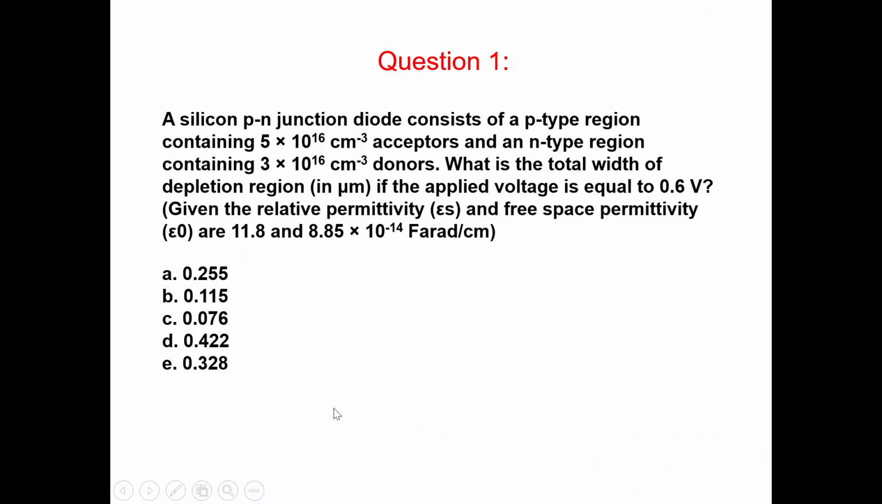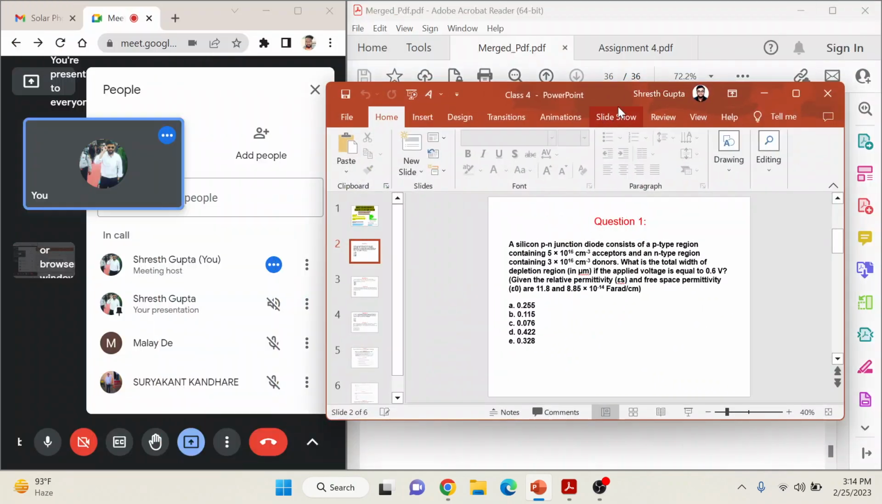So let's move forward. Question 1 today: a silicon PN junction diode consists of a p-type region containing 5 × 10^16 cm^-3 acceptors, and an n-type region containing 3 × 10^16 cm^-3 donors. What is the total width of the depletion region in micrometers if the applied voltage is equal to 0.6 volt, given the relative permittivity and free space permittivity are 11.8 and 8.85 × 10^-14 farad per centimeter? And for this you have a time